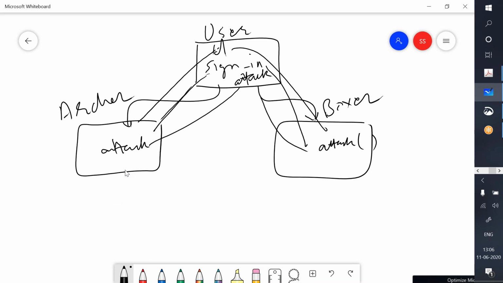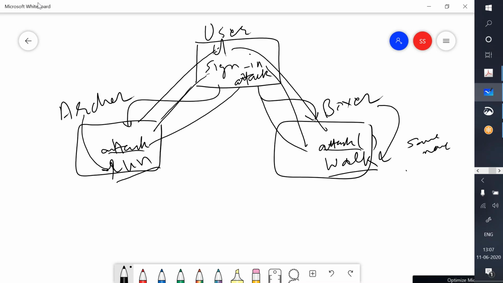Now, in these two classes, Archer and Boxer, I'll implement two more methods. Let's say run over here and walk over here. That means to say our Archer has the ability to run and Boxer has the ability to, let's say, walk, just in order to make certain methods unique in both the classes. So these methods have the same name.